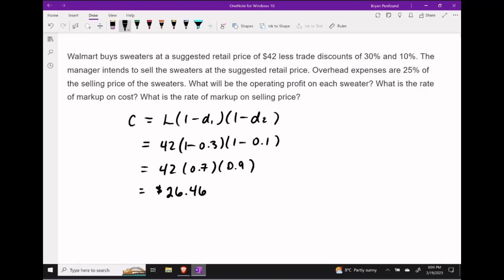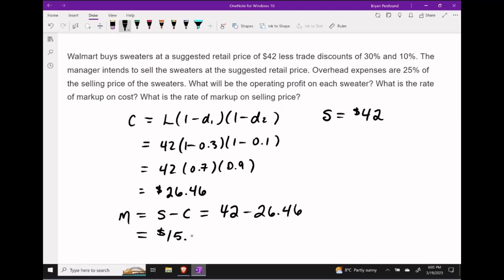$26.46. Now, we know that the manager is going to turn around and take the suggested retail price of $42 as the selling price of the sweaters. So we know that S is equal to 42. Next, we can calculate the markup in dollars by taking our selling price of $42 and subtracting the cost price of $26.46. This means that the markup in dollars is